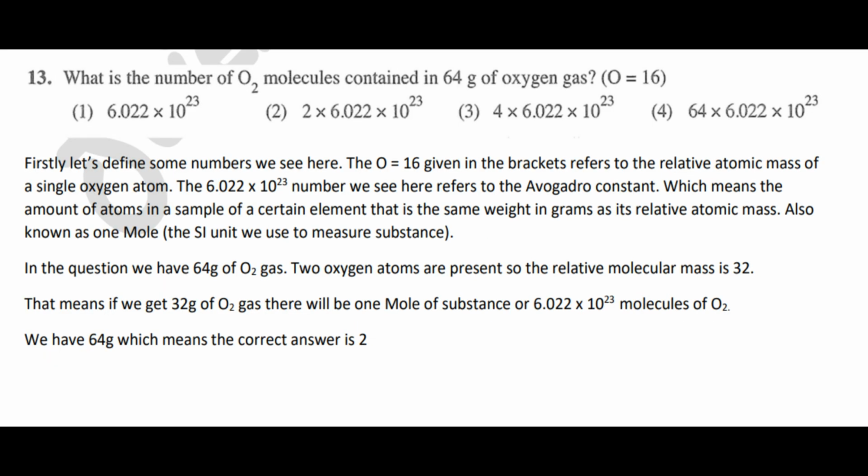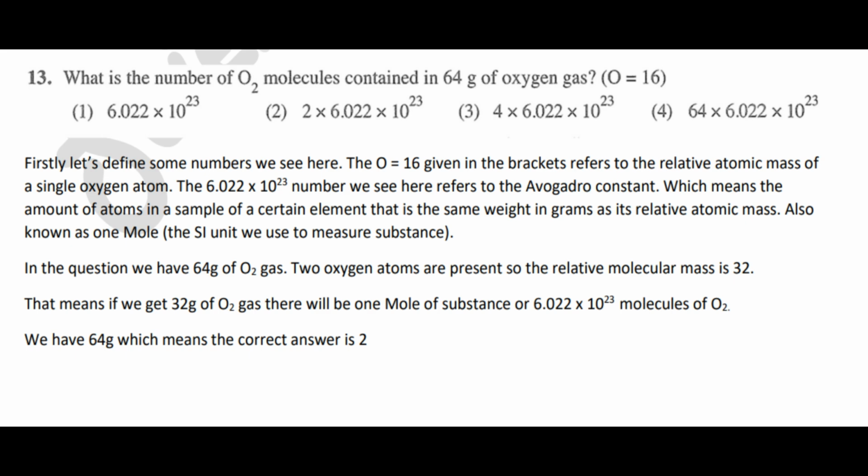13th question. What is the number of O2 molecules contained in 64 grams of oxygen gas? And we have the relative atomic mass given as 16. Firstly, let's define some numbers we see here. The 16 is the relative atomic mass of a single oxygen atom. Remember, a single oxygen atom. We are talking about O2, which is a molecule, not an atom. It's a molecule, O2. And 6.022 times 10 to the 23rd power, this number is the Avogadro constant, which means the amount of